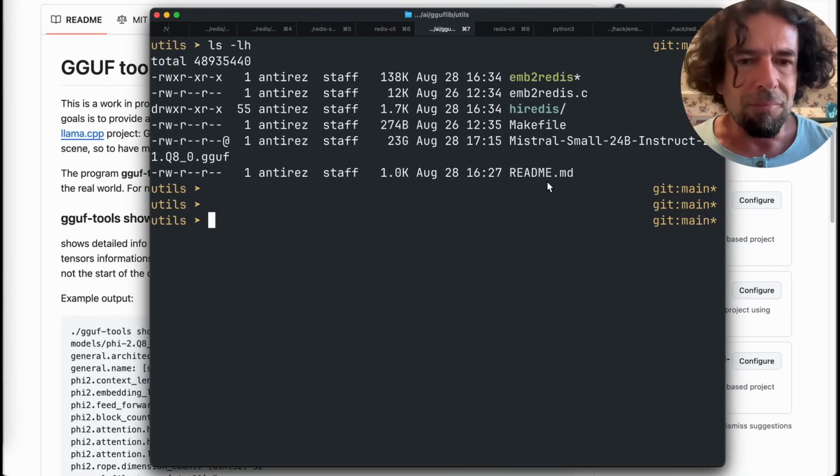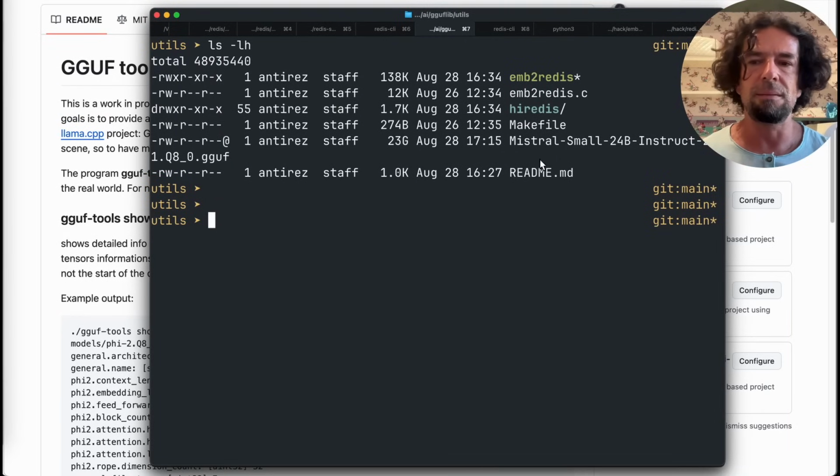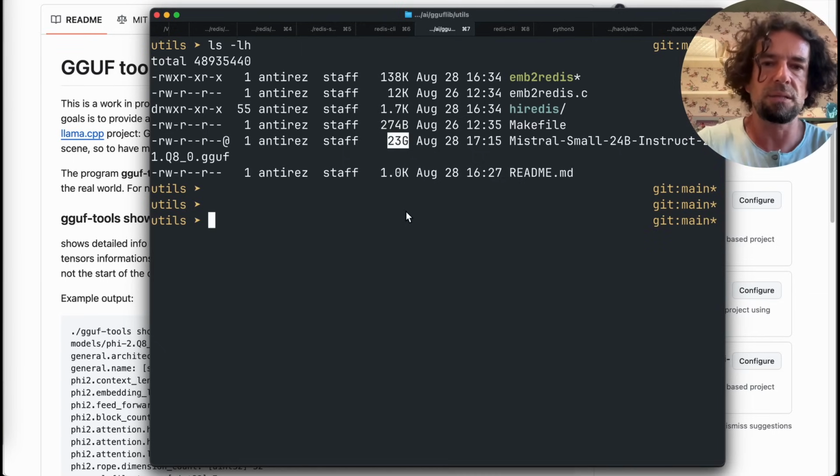So, as you probably know, many large language models are distributed using files with this extension, GGUF. They are usually very large files, and inside such files there are tensors. These are basically the weights of neural networks: the attention weights, the feed-forward weights, the token embedding weights. And